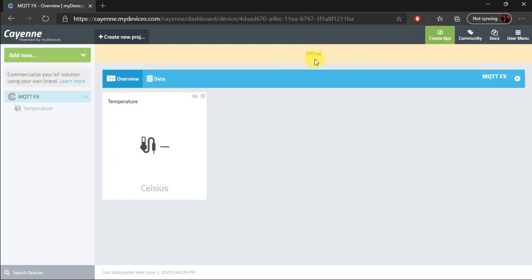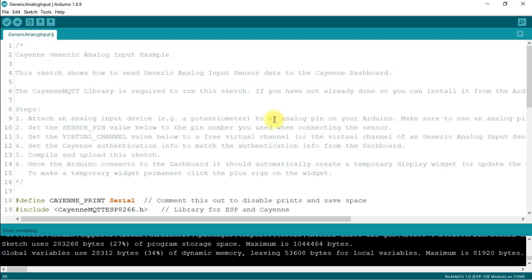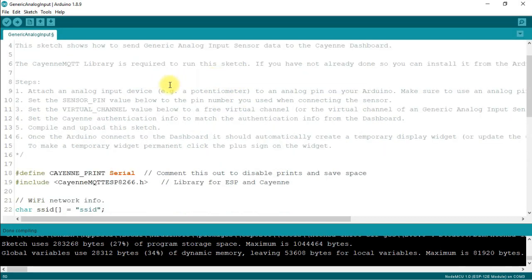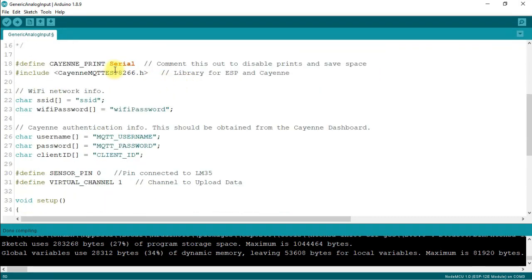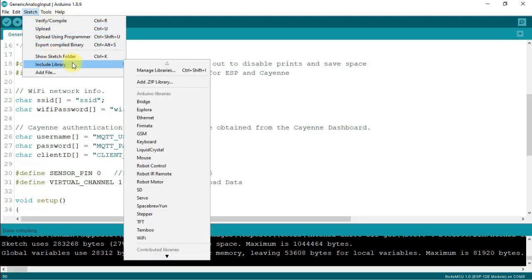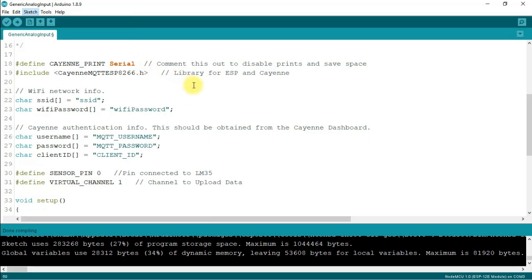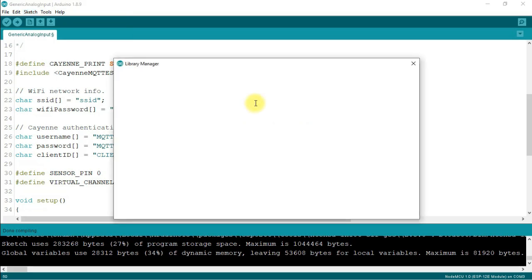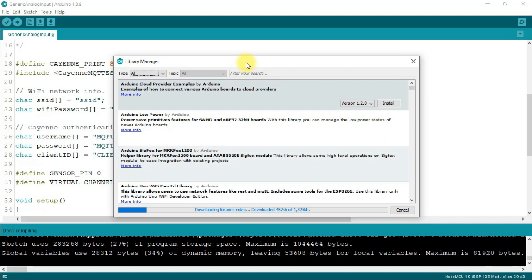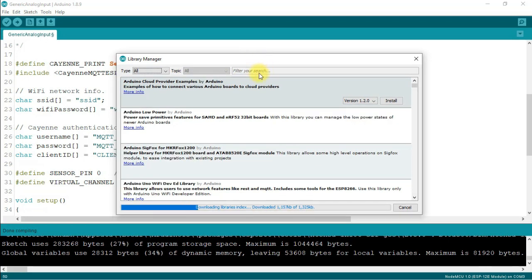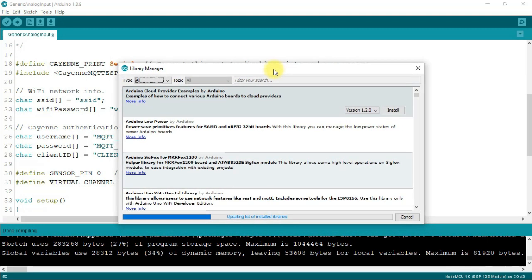Now let us move to the programming part. Okay, so this is the programming part. I have initialized the Kaa library, KaaMQTT ESP8266.h. To install the Kaa library, you can go to Sketch, go to Include Library, go to Manage Libraries. A dialog box will appear. As we have installed different libraries like the ThingSpeak library, we can also search here and install the Kaa library. Let it get updated first.